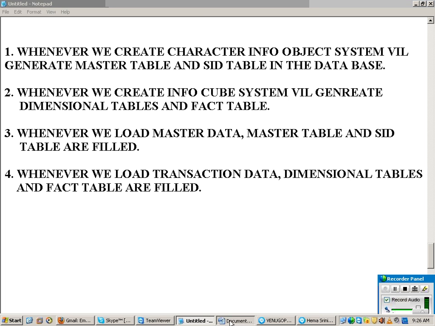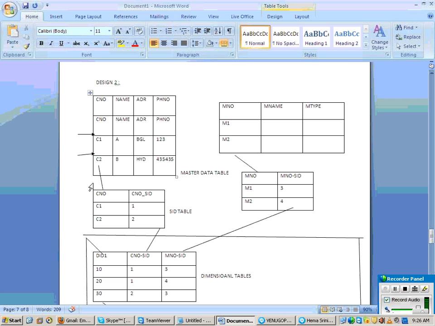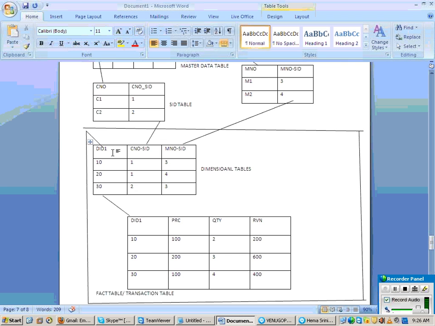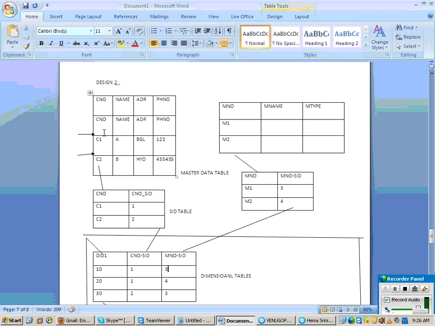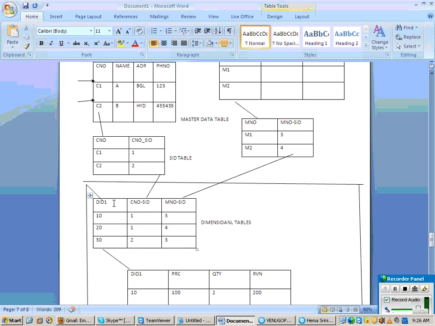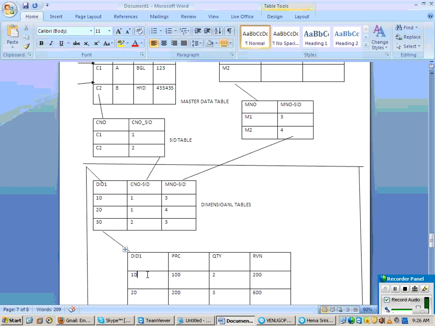So when you create a character info object, it generates a master table and SID table. When you create a cube, it generates dimension tables and a fact table. When I load master data, the master table and SID table are filled, and when I load transaction data, dimension tables and the fact table are filled. Clear now? It's pretty simple. This is how it is stored in the database.